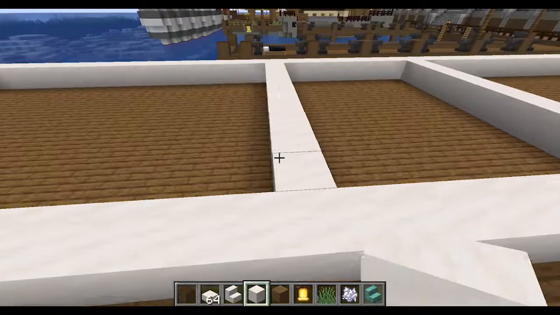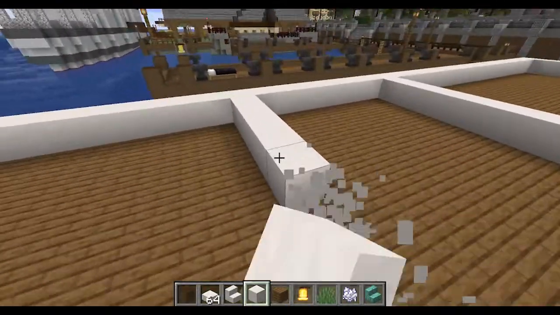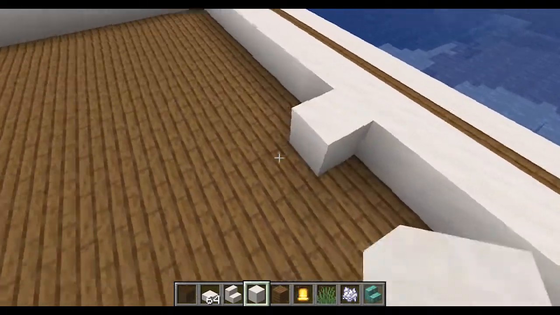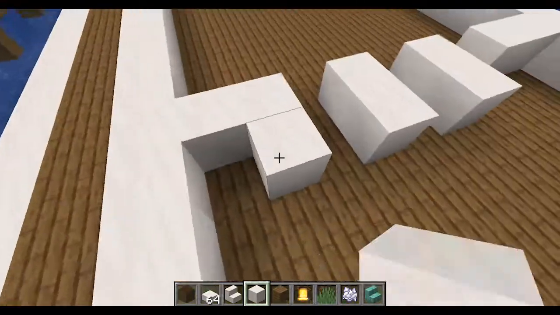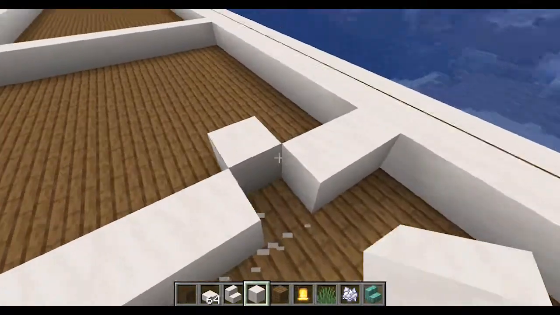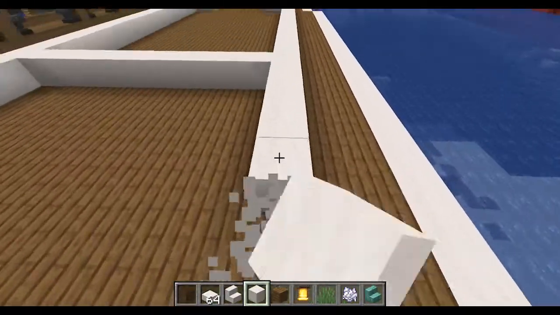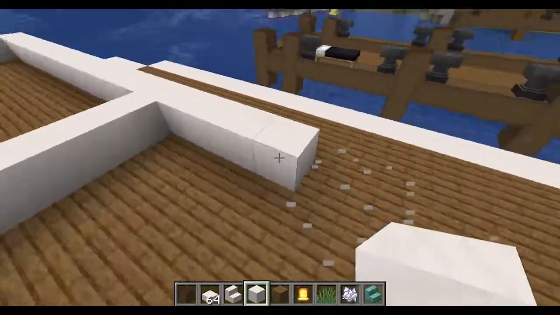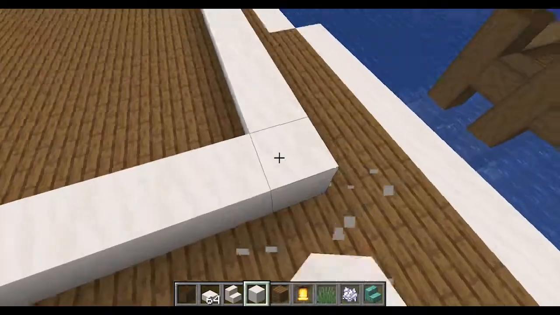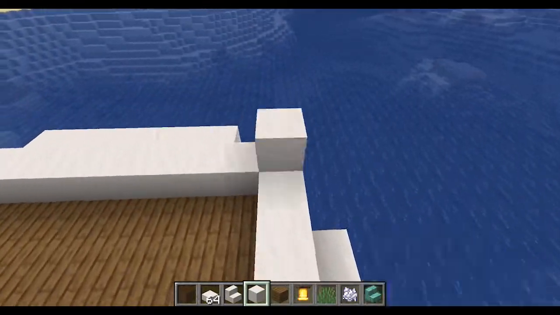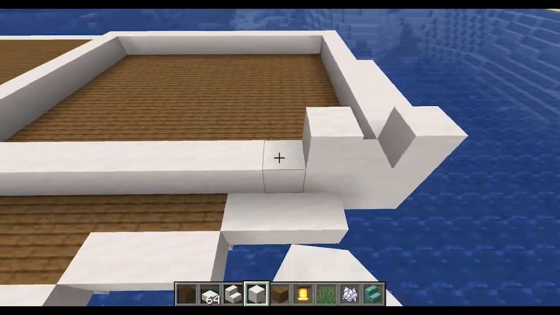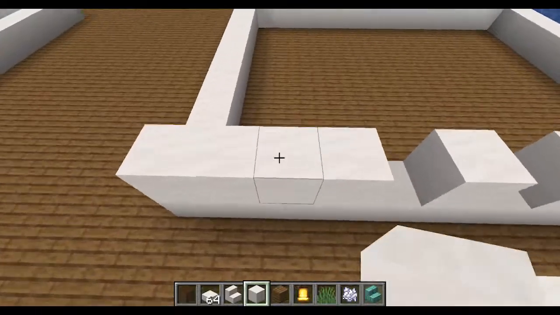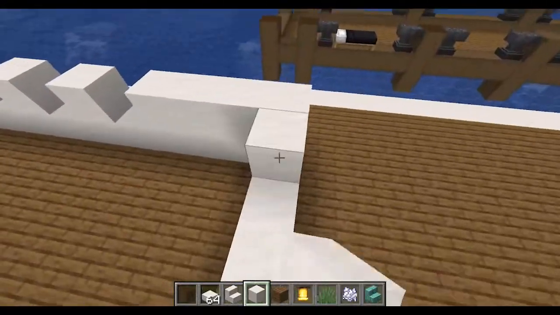And now I'm separating things, and there's going to be a little area in between. I want this to be a little bit bigger. Add in where our portholes are going to be.